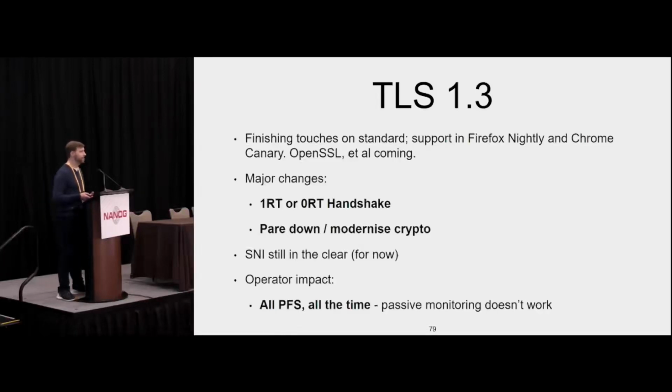And so if you're in an environment where you need to audit all traffic coming in and out of your environment, for example, TLS 1.3 tends to pose some problems. However, things like SNI are still in the clear. So if you're looking at standard web traffic going in and out and you don't need any auditing requirements or anything, it actually doesn't really change that much.